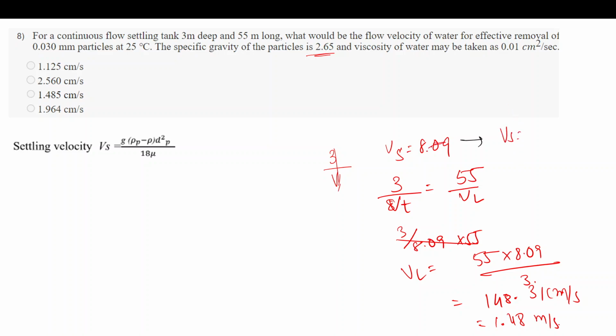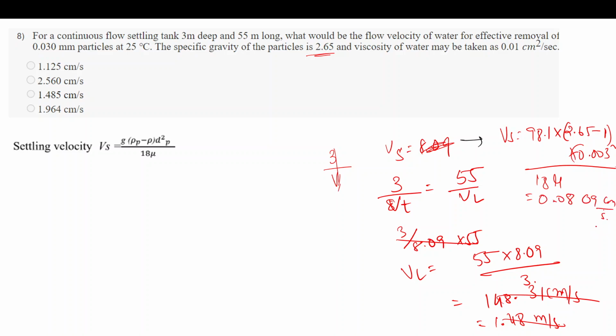So Vs is 98.1 into 2.65, because this is in gram per cc, minus 1 gram per cc for water, into 0.003 square divided by 18 mu, which will give you 0.0809